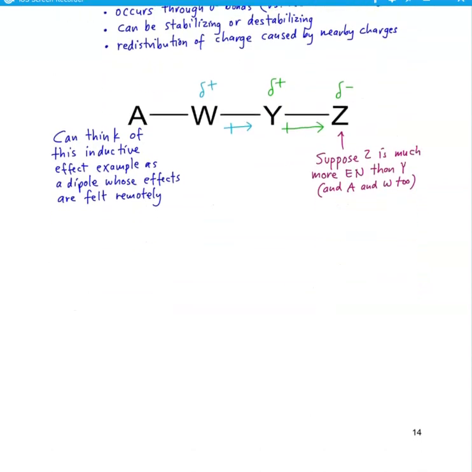Okay, let's look at another example of an inductive effect. Let's check out this. So we're going to draw a structure that you've seen a couple of times. It has a carbon with a positive charge, so this is called a carbocation. Now, as it turns out, let's focus on these methyl groups. Remember that a methyl group is just an example of what we call an alkyl group, so a little hydrocarbon fragment or piece. As it turns out, alkyl groups, like methyl groups or ethyl groups or so on, are what